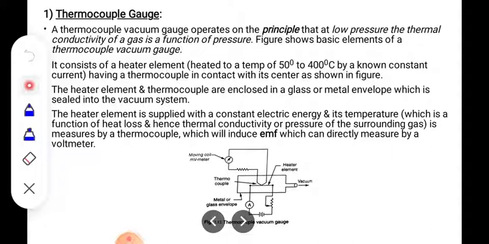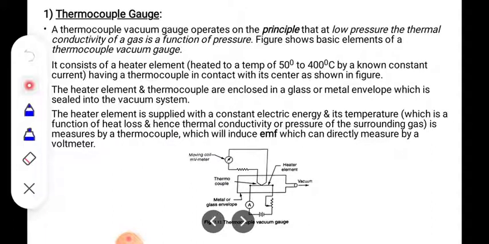Hence it is known as a thermocouple, and that wire acts as a thermocouple because we are flowing current through that wire. As the current flows through the wire, the heat increases because there is a resistance to the flow of current, and because of that the temperature of the wire increases. That complete wire assembly is put into a vacuum container. Then on the other side there is a moving coil, what we can say is a voltmeter, attached.